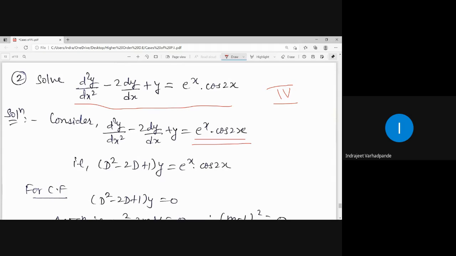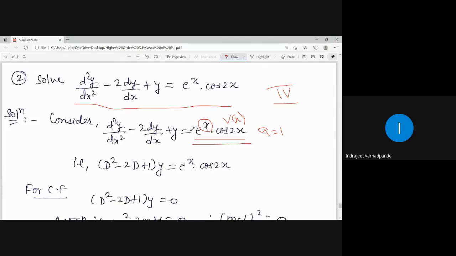So here also in the product I am able to see v of x is sin ax or cos ax or x to the power m. So what does the rule say? Rule says take the term of e to the power x outside, replace every d by d plus a. What is the value of a here? One. We have to look for the coefficient of x in the exponential term only for the value of a, and then after that substitution either it will be reduced to case number 2 or case number 3.